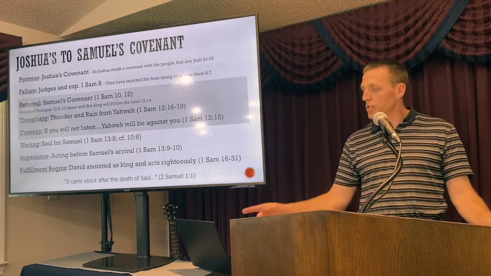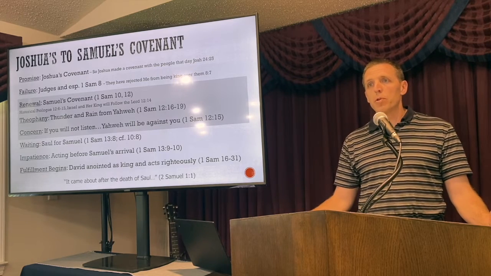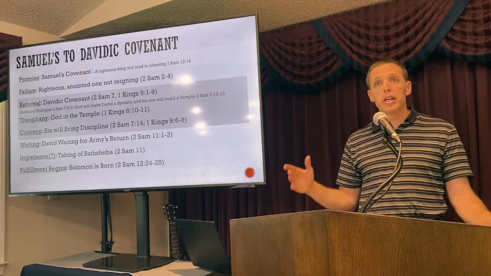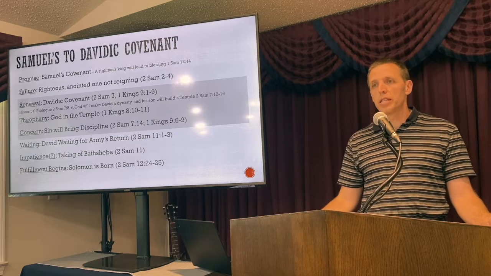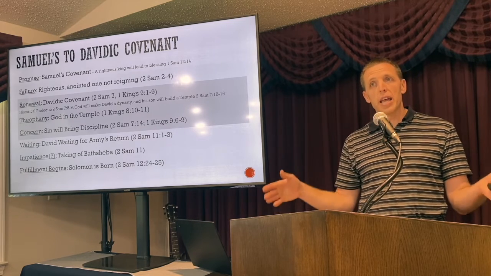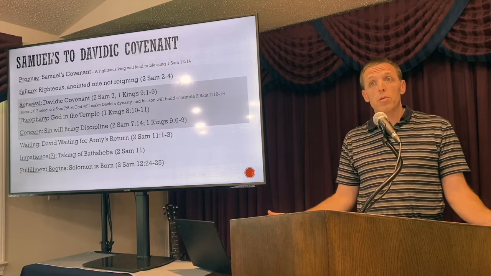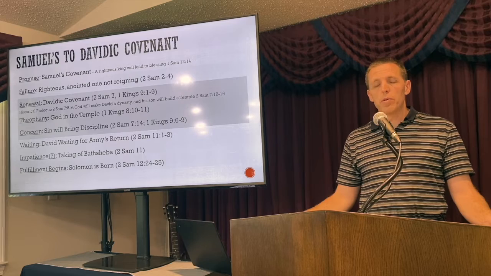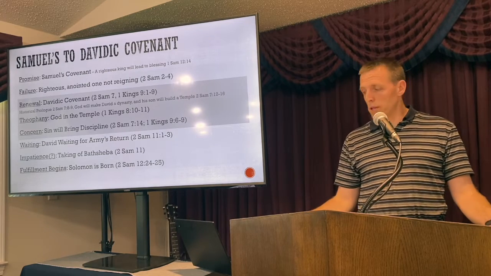Again, even in the previous one, I didn't call it out. 1 Samuel 10 and 12, there's these two sort of Samuel renewing the covenant 2 times. Even in this, you'll see that it happens with David in 2 Samuel 7, but it's also going to be very clear in 1 Kings 9 that God does this through Samuel as well. There's a theophany where God shows up in the temple. You'll recall, David's not allowed to build it, but once his son builds the temple, he shows up in the temple, he fills it with his glory.